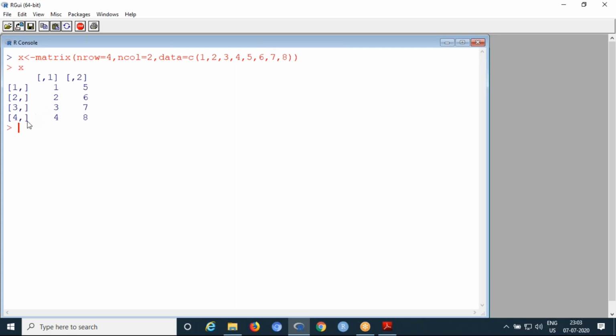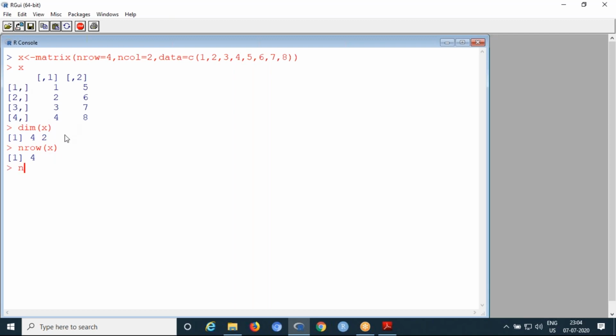Now for the properties we covered, the first one is the dimensionality of the matrix, simply by using dim within the brackets with the matrix name. X is the name of the matrix. So the dimension is 4 by 2: 4 rows and 2 columns. Then if you want to find the number of rows in the matrix X, simply nrow of X. See, 4 rows are there.